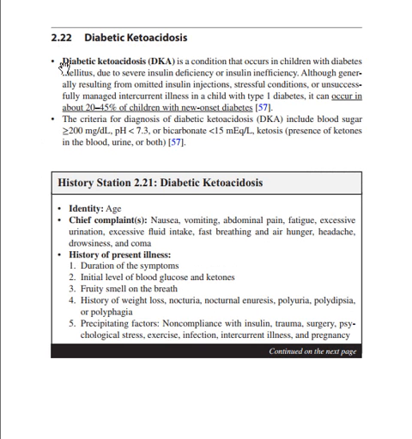So, diabetic ketoacidosis. Diabetic ketoacidosis is a condition that occurs in children with diabetes mellitus due to severe insulin deficiency or insulin inefficiency. Mostly it is due to insulin deficiency. And now this is different between diabetic ketoacidosis, which is one acute complication of diabetes, and we have HONC, which is hyperglycemic